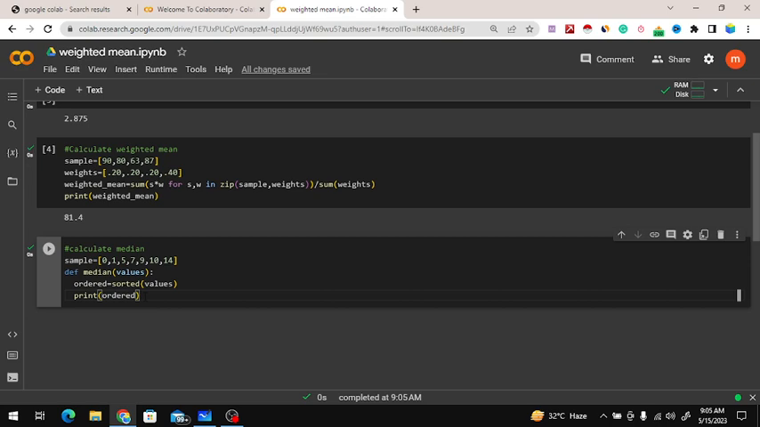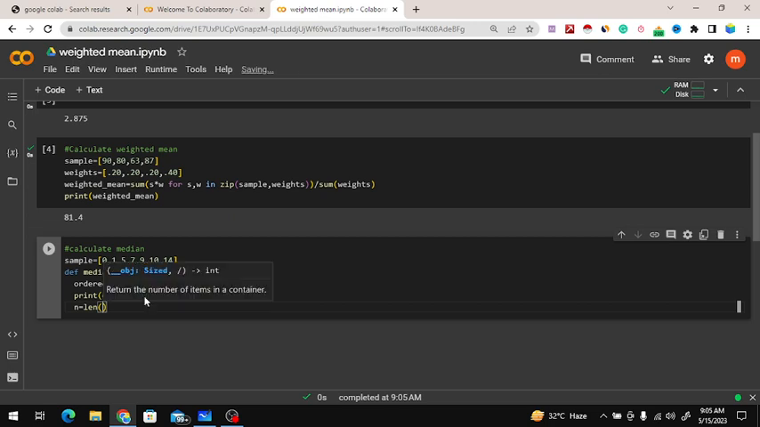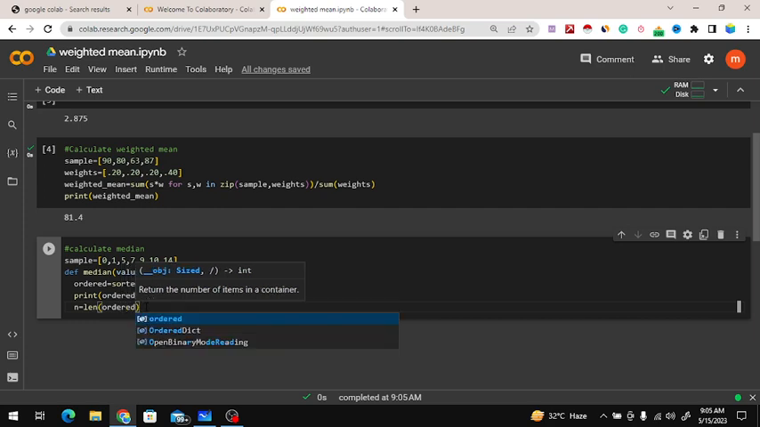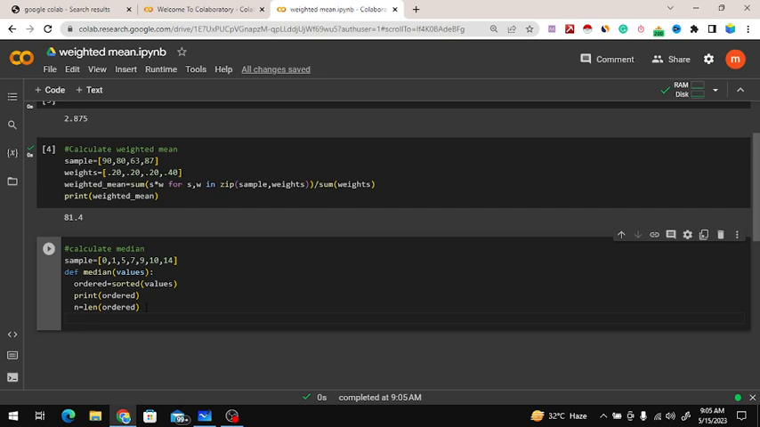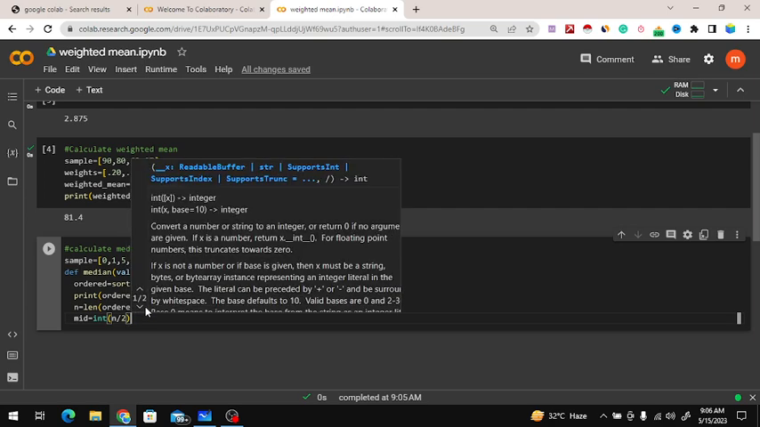Then we will describe what n is. So n should be equal to len, inside of this parenthesis the ordered list. And then mid should equal to int of n divided by 2, minus